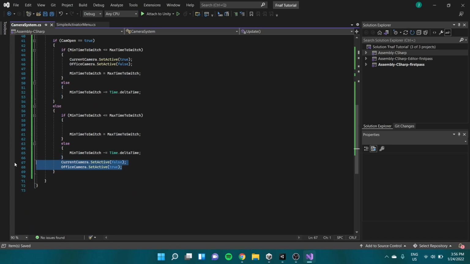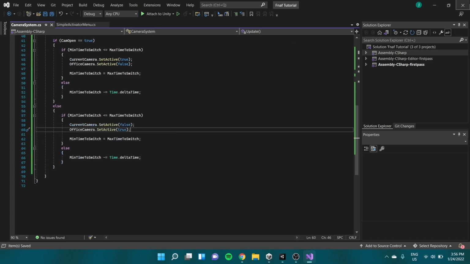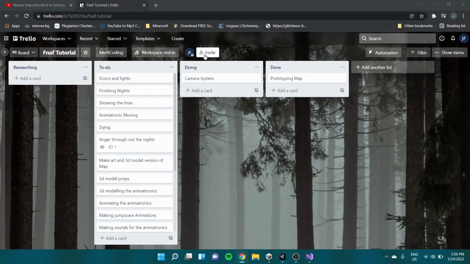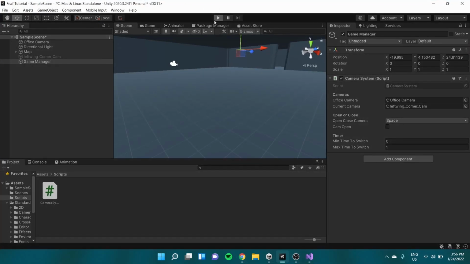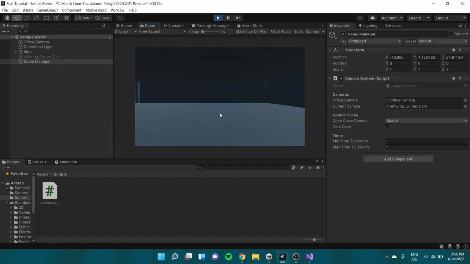Grab this and add it here. Control S, put it in Unity, wait for it to load, and now